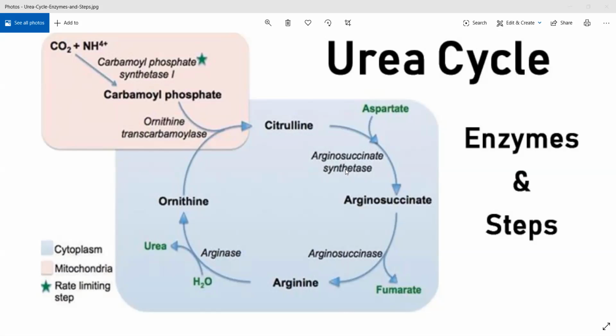So this is your ornithine cycle. This is also called the urea cycle in any case. What is the clinical significance of this? See, as I told you, nitrogenous compounds can be toxic to your body.